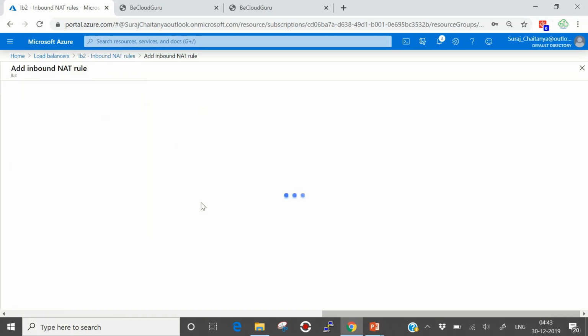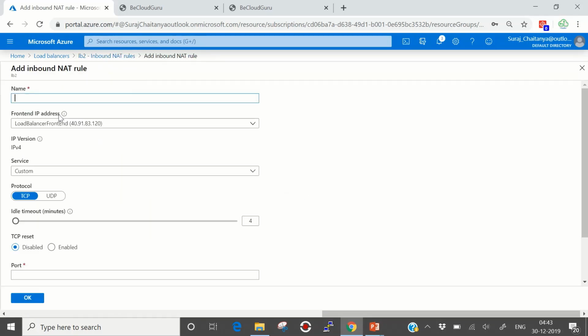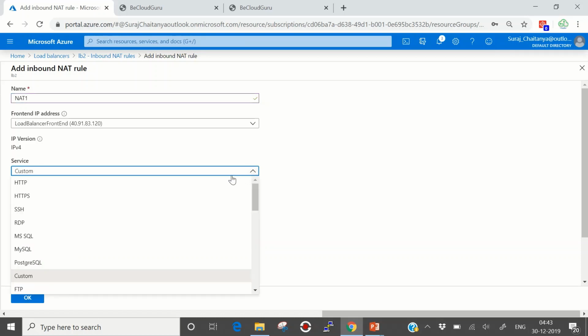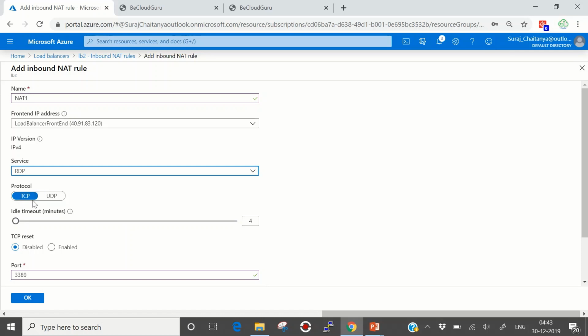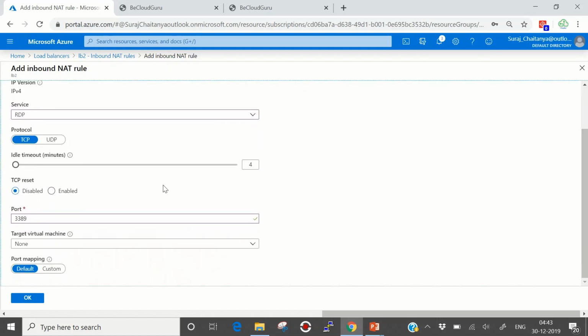And let's click on add. Give it a name. Let's call it NAT1. This is my front-end IP configuration. This is the IP version I'm going to use. This is the service. You can basically use a desired service you need. If you want RDP, SSH, whatever you want. In this case, I'm going to do an RDP. So I'll select RDP. The protocol would be TCP. Idle timeout would be default. I'll stay at 4. TCP reset, I'm disabling it, and it has already selected the port 3389 for me and the target of the machine, because this NAT rule is going to be explicitly attached to a specific virtual machine or